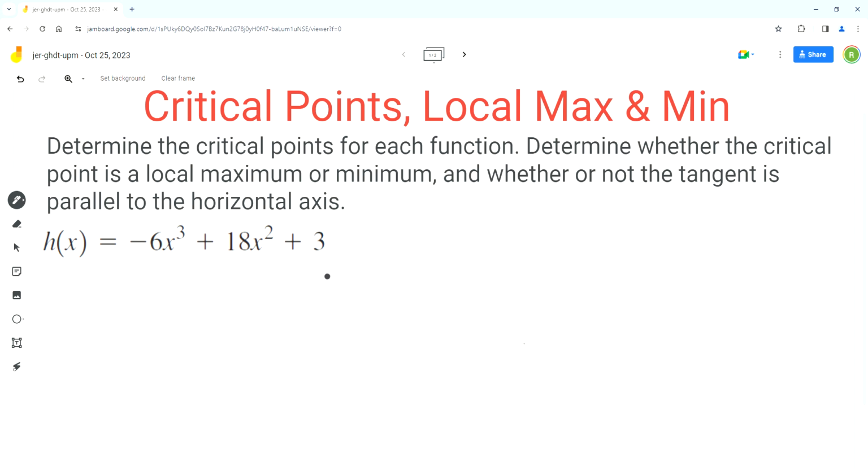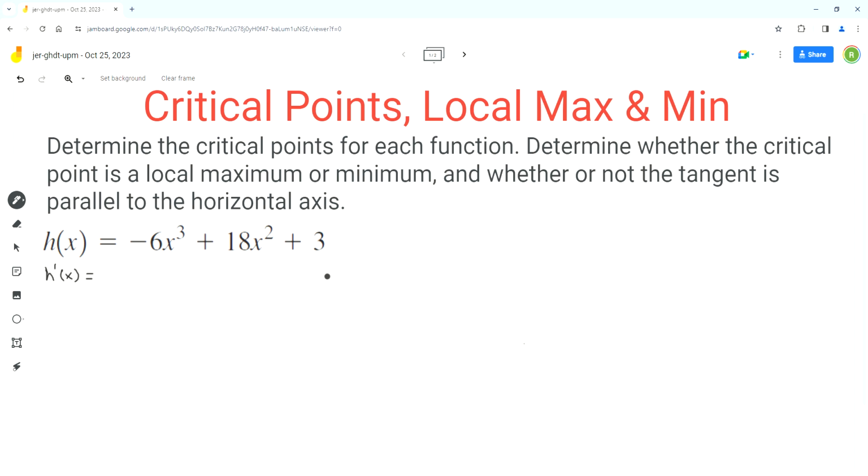Critical points are points at which the derivative of the function is equal to 0 or undefined. So in this case, we'll have to find the derivative of this function, and then find the x values at which the derivative is equal to 0 or undefined. Let's start with the derivative, and that will be h prime of x